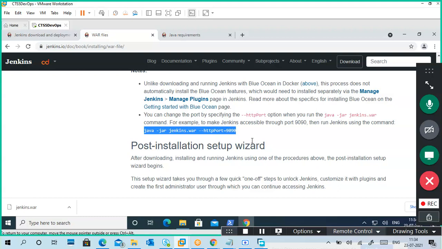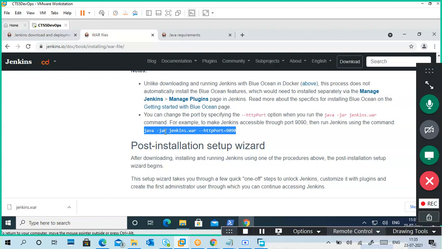What is this extension, sir? War. Jenkins.war means it is a Java file actually. Wars are archives of Java files, Java archives, like zip, rar type. It means it contains a lot of files inside. It is an archive file.